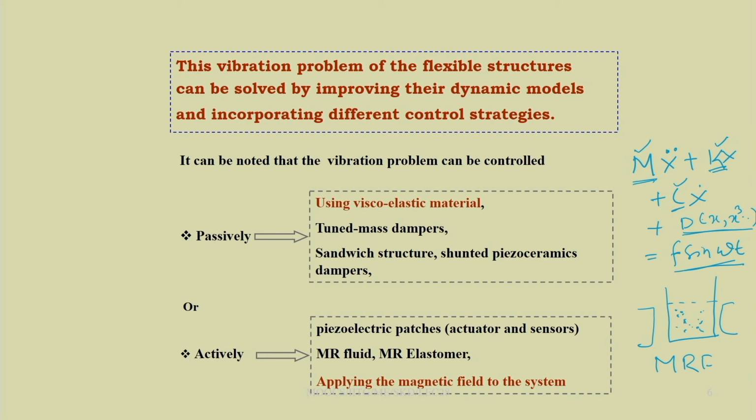it may be non-linear also. Similarly, by using a magnetorheological elastomer, a rubber-like material in which we embed iron particles, when we apply a magnetic field, these iron particles tend to orient themselves, thereby changing its stiffness and damping property. That way we can actively change the properties K and C, that is stiffness and damping of the structure, and passively.